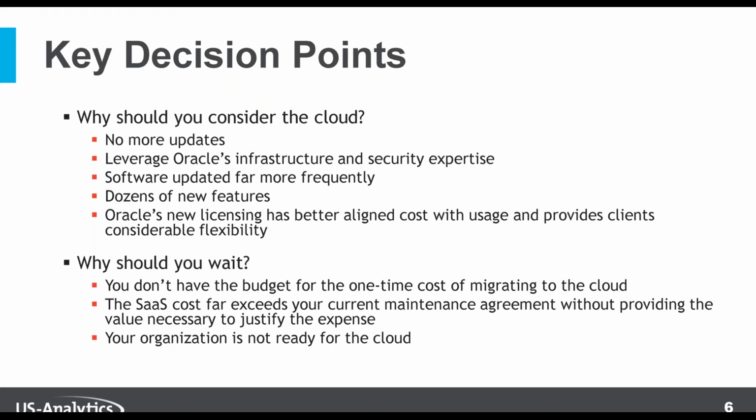I remember reading about their security policies a few years back, and their data centers actually have the same physical security standards as U.S. embassies overseas. So highly secure data centers. You're able to stay current with all of the new features, again, without having to go through any type of point upgrade process. And one of the things that's made cloud a lot more compelling recently, Oracle's EPM Cloud, is